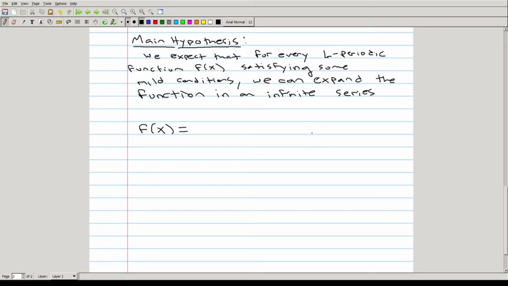F of x is equal to coefficient a naught over 2 plus a1 times cosine of x plus b1, and this should be not just x here, but we want to respect the general period L. So cosine of two pi x over L plus b1 sine of 2 pi x over L